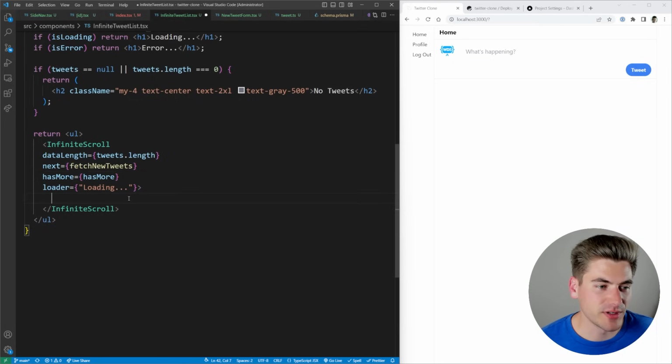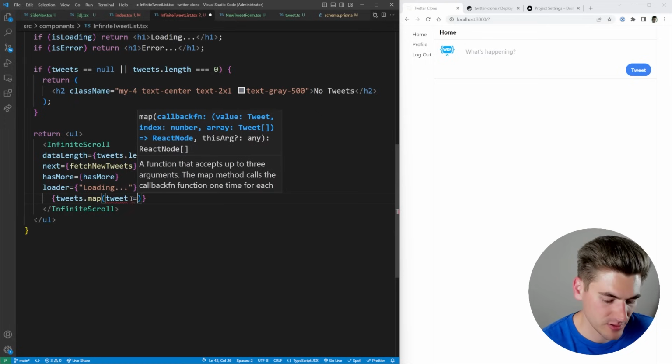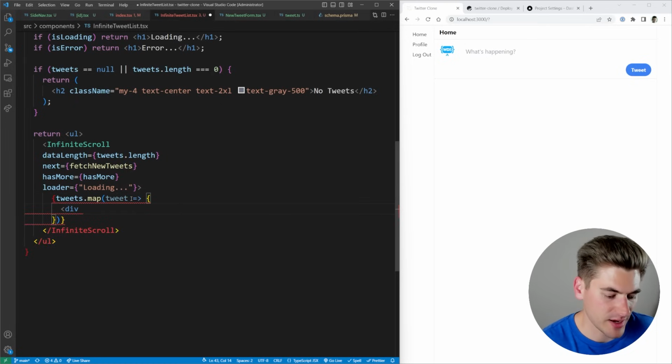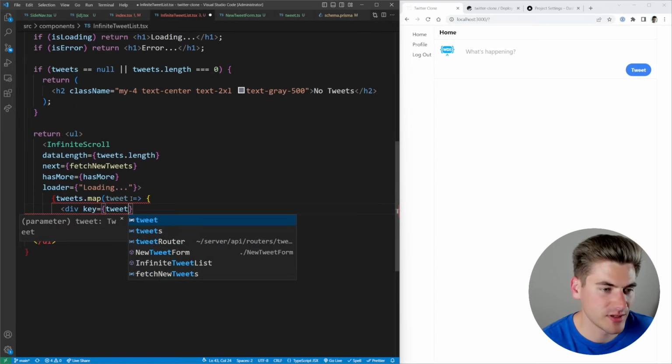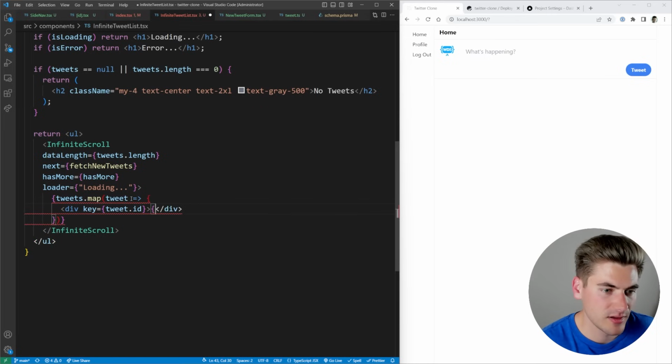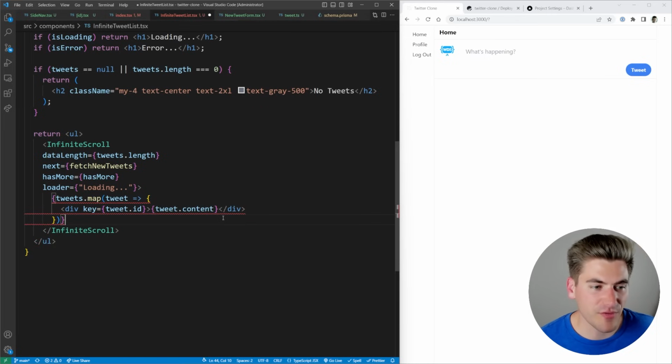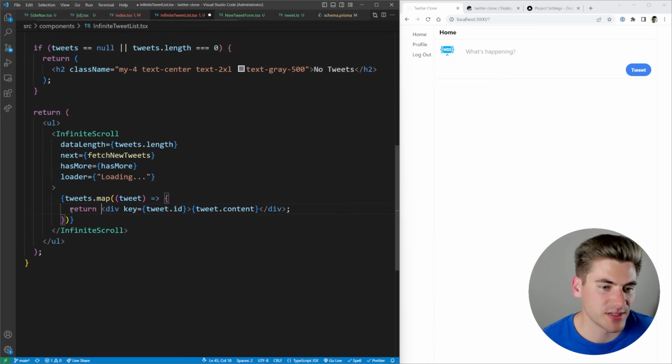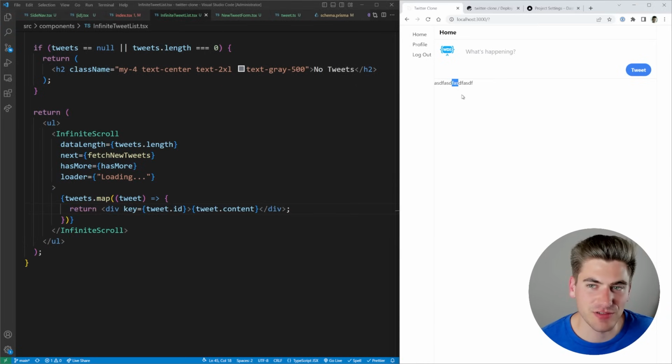Now, the final thing we need to do is actually put what we're going to do to render our tweets. So for now, I'm just going to map through each one of our tweets. I'm going to return a div that has a key, which is tweet.id, and I'll do our tweet.content. So hopefully, if we've done everything correctly, we should actually see it show up on the side. And I just need to make sure I place a return statement here. There we go. And as you can see, we have the text for that one tweet. And if I create a new tweet and I click tweet and I actually refresh our page, you can see that that new tweet just loads in. We'll fix the issue with refreshing the page in a bit, but for now we want to just display our